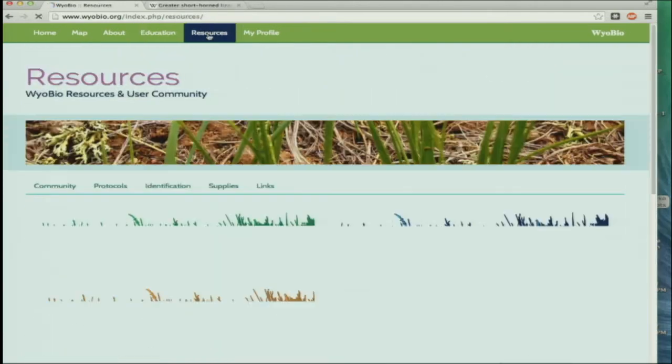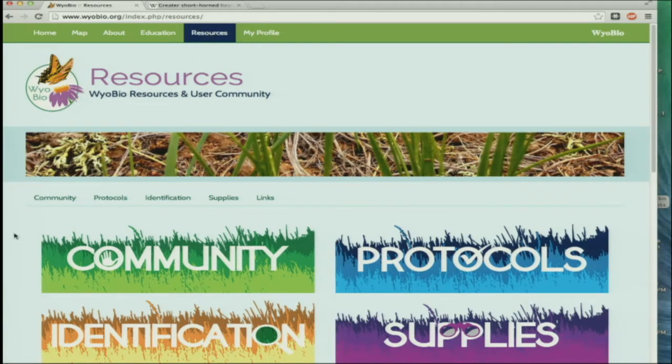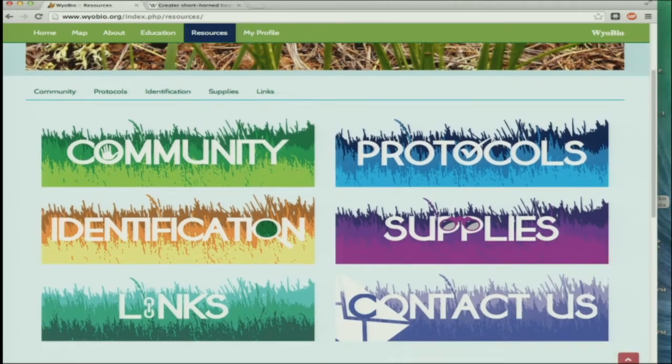The last tab I'll show you is the Resources tab. In here, you'll find a number of avenues that you can take that will lead to helpful information. So one is a number of identification guides that are great for kids, that we've designed for kids, or that we provide because they're great resources either on the national level or at the state level for identifying organisms. We have a list of supplies that we recommend that you bring to the field with you if you go out. A set of protocols for collecting data on a number of organisms,